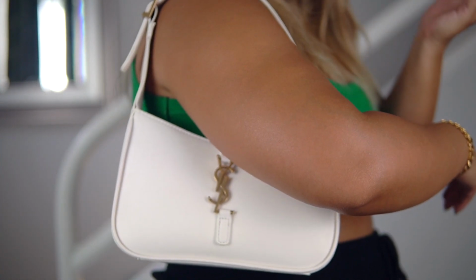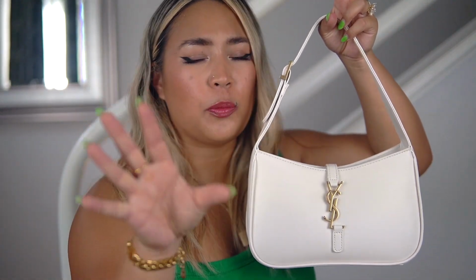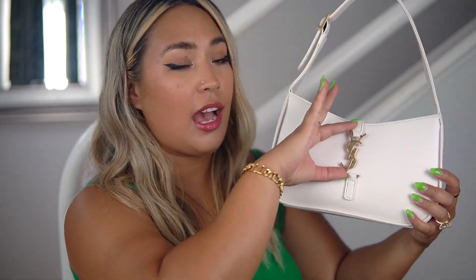It's so easy to throw over your shoulder. So yeah, I might think about getting the real one in a different color. I haven't fully made my decision, but if you guys want to test out this bag, or if you just like the style but you don't want to pay the price for the real YSL one, definitely check out this dupe. I will say on the website, you're going to see that it doesn't have this part in the photos, and that's because legally they cannot show the designer logo on the website, but trust that it does